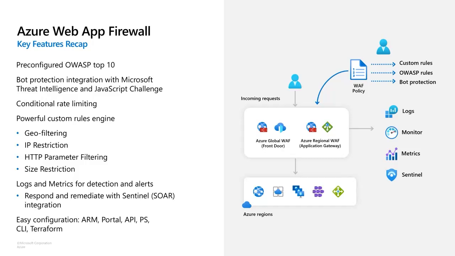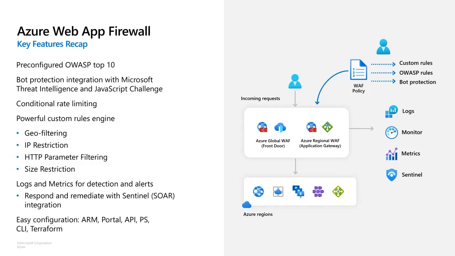Each application may have specific configurations and characteristics, and a lot of times we do see false positives, which means a WAF solution blocking legitimate connections or requests coming from users that should not be blocked, right? So custom rules is one of the things that we can use here to auto-tune our WAF and make it work as best as possible, and not block the legitimate requests coming from users, and only block what's really malicious